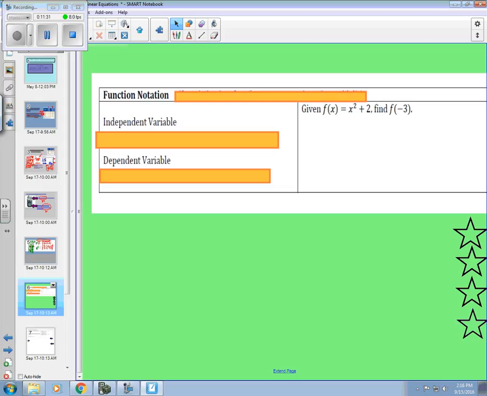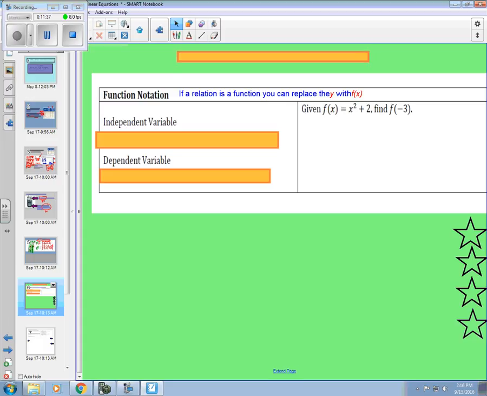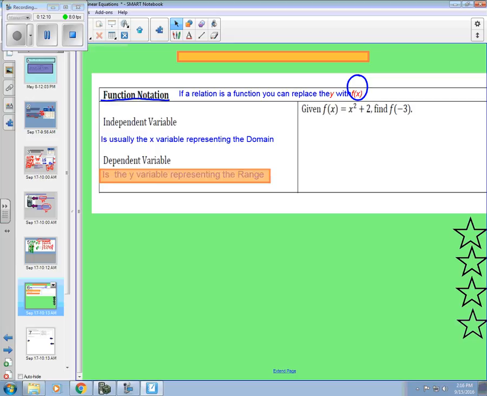All right, some other notes on functions. We said before that if a relation is a function, you can then say that our y value is also the same as what's called f of x. And this is called function notation. Instead of using y, they use this notation f of x. It means a function with the variable x as its independent variable. Independent means the x variable, the domain. The dependent variable in this case would be y, or f of x,